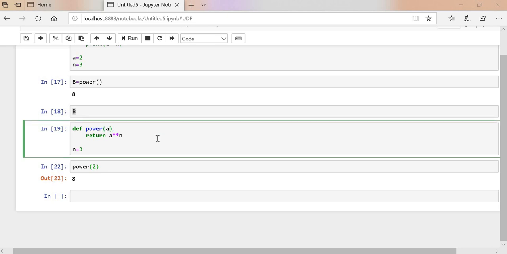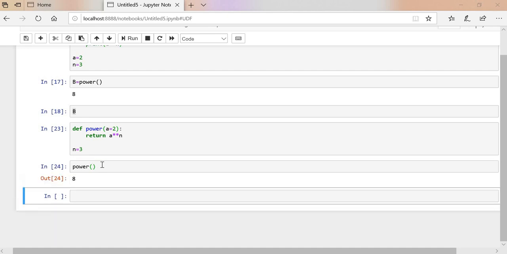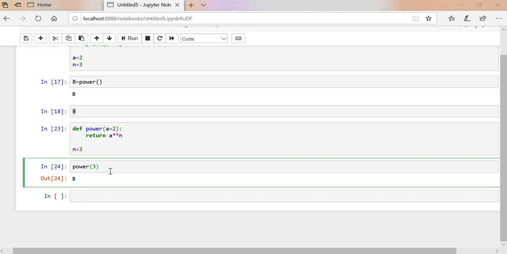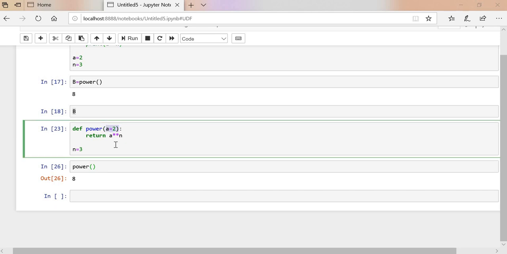Okay, if you assign the value inside this one, suppose a equals to 3, let's say 2, we'll execute this one. If you don't put this value inside this one, you will get the output. By default they will assume the 2 here inside this one. Okay, if you put 3 over here, they will consider it as 3. If you did not put anything over here, they will consider the default value a equals to 2. So this is the